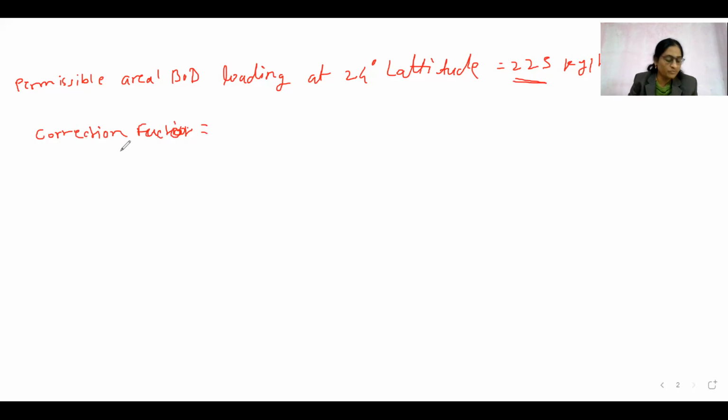The first correction factor is in respect of mean sea level, MSL, and another correction factor is against the climatic conditions. If climatic conditions are mentioned in the problem, and it is less than 75%...